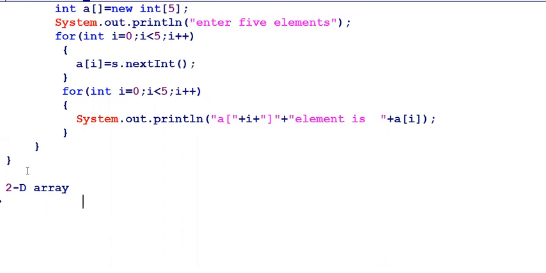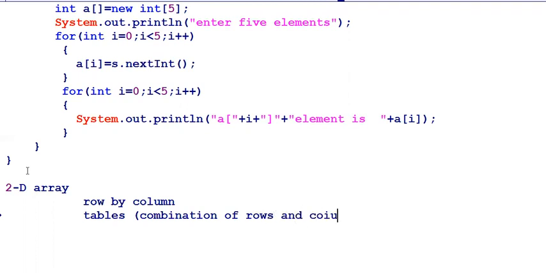The table representation takes place as row by column. A table is a combination of rows and columns. So this is our two-dimensional array representation.